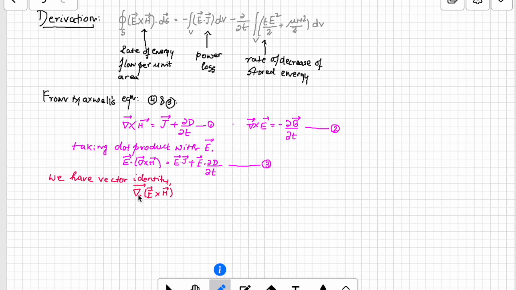So you are taking del bar, which means this is the divergence of E cross H. If you take the cross product of E and H, and take the divergence of that,